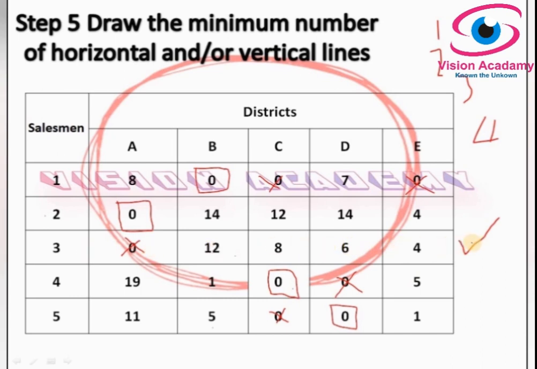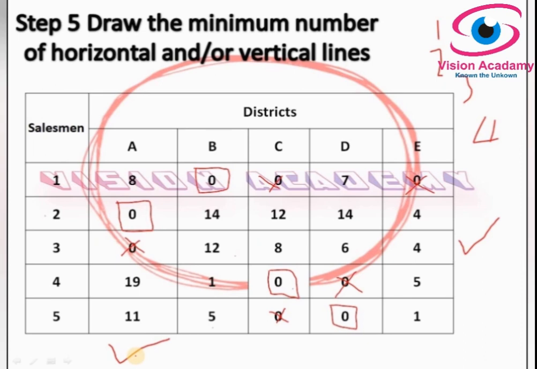Here I have to tick mark columns which have zeros in the marked rows. So I have marked here, in which I have to search for zeros. Yes, here there is no 0, no 0, no 0, no 0. Yes, here it is 0. Then I have to tick mark this column. So in the marked row I should search for 0. There is only 1 zero in the first column. Now I have ticked this. So then 5.2 is over.